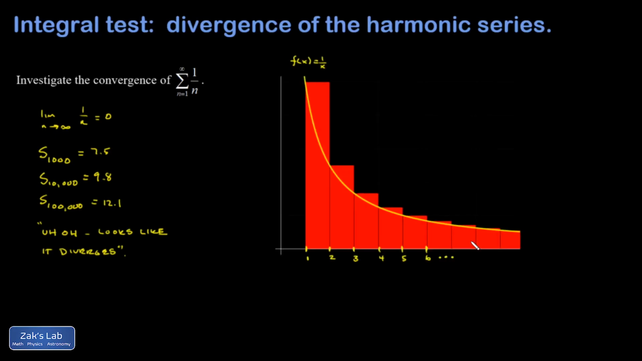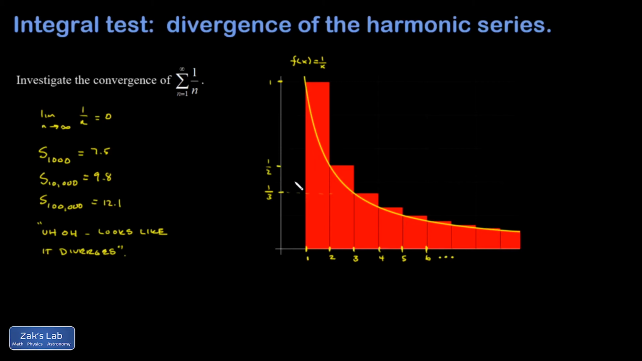So in yellow, I'm showing the curve f of x equals 1 over x. And of course, f of 1 is going to give us the first term of this series. f of 2 would give us the second term. That'd be a 1/2, and so on. So f of 1 is 1. f of 2 is a 1/2. f of 3 is 1/3. So the areas of these shaded rectangles are actually giving me the terms of the series that